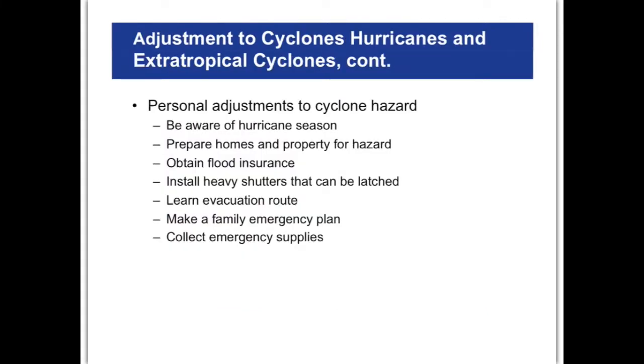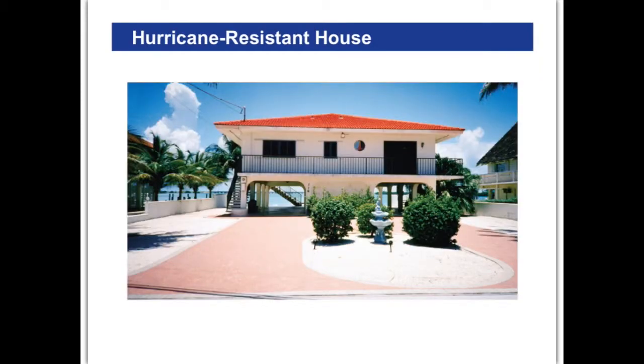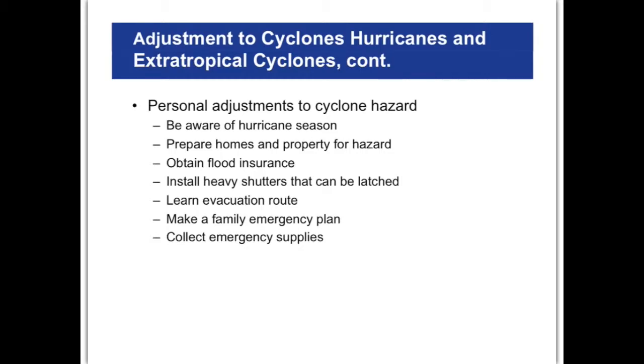All right, so what can you do to mitigate hurricanes, to be prepared for the hazard of hurricanes and cyclones? Well, first of all, just awareness. I mean, obviously, education is the first step. All right. Well, you want to prepare your home and your property for a hazard. So either build a home like this one right here, or if you don't have one, you can take other steps. Like I said before, you can board up your windows. You can lock down your house in such a way that it is more hurricane proof than it would normally be. All right. Flood insurance or hurricane insurance, if it is cost effective.